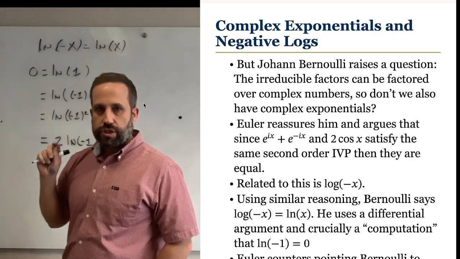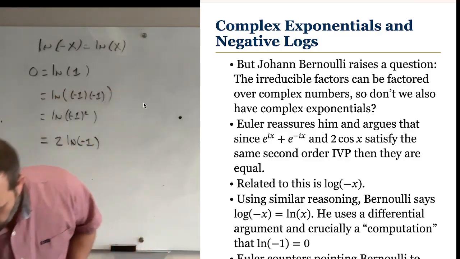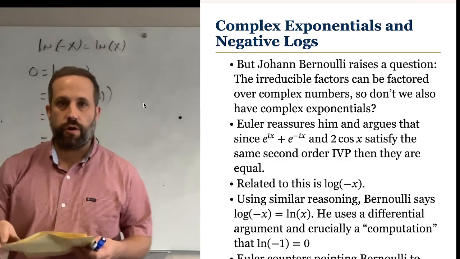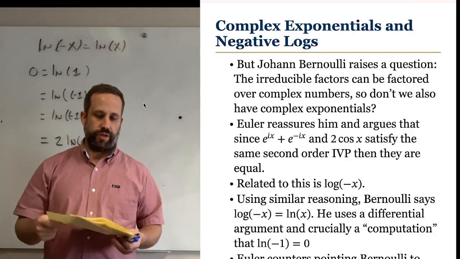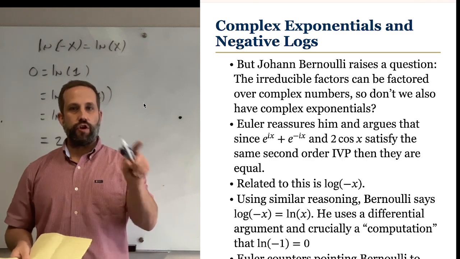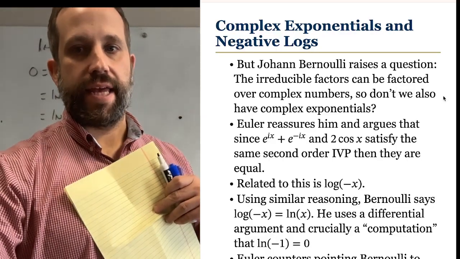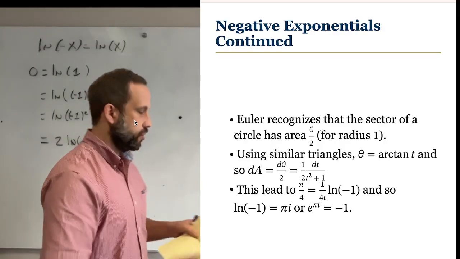Okay, so what Euler does is he says, they're having this conversation going back and forth between Euler and Bernoulli. And Euler says, well, hold on a second, because I've read your paper, Bernoulli, and you proved something interesting in one of your earlier papers. And the thing that you prove in one of your early papers actually gives evidence to what I'm saying being true. And so this is what he does. This is what Euler does.